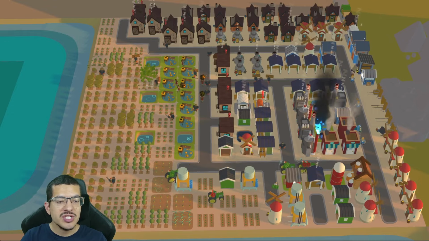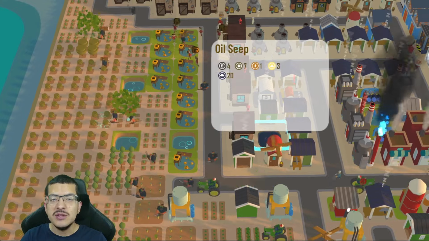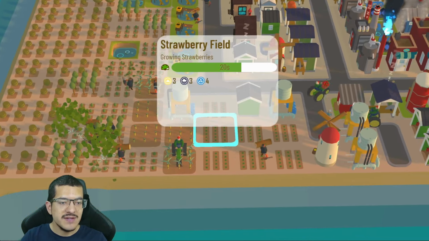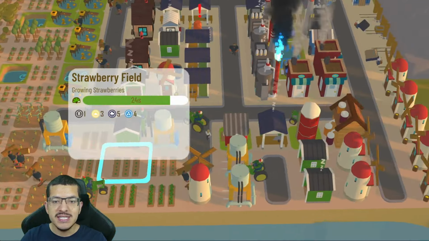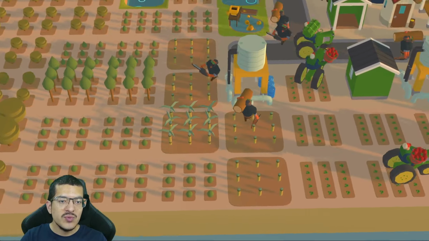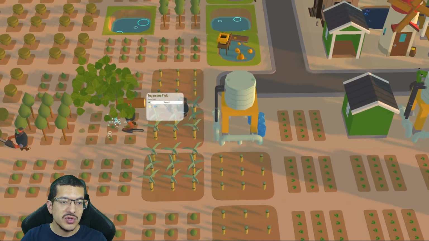Now for jam production, I have 5 tractors which are in charge of picking up the sugarcane from the 5 sugarcane fields and the strawberries from the 7 strawberry fields and taking it to the 1 silo that I have. Now for the sugarcane fields, only 1 of them is impacted by 1 shade, but it still gives me enough sugarcane for my production